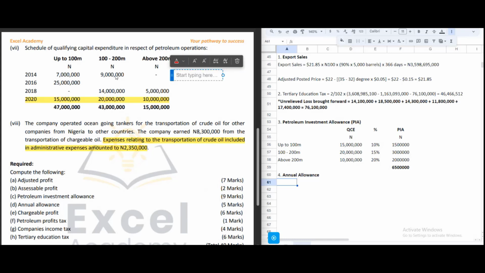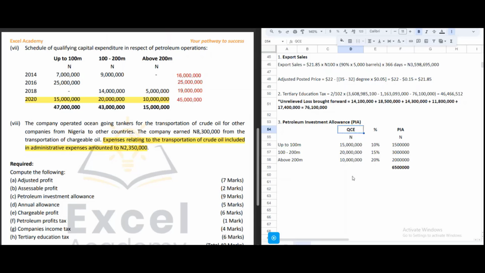So 7 million plus 9 million, that's 16 million. In 2016 we have 25 million. In 2018 we have 19 million. That's 14 plus 5, we have 45 million. So after that